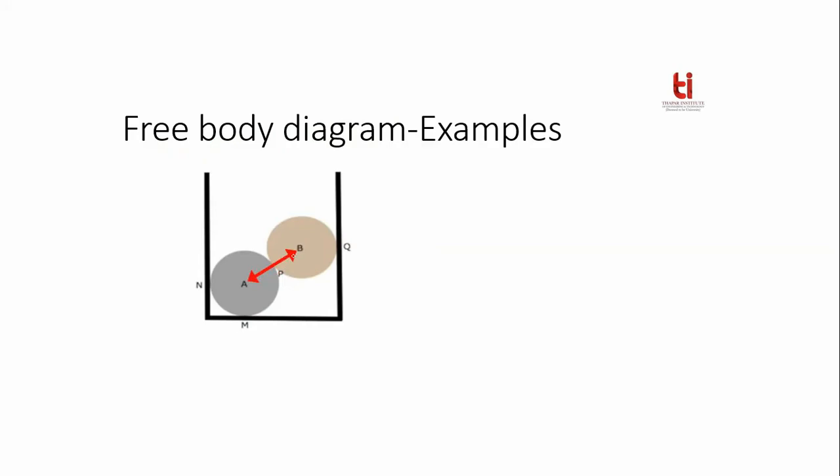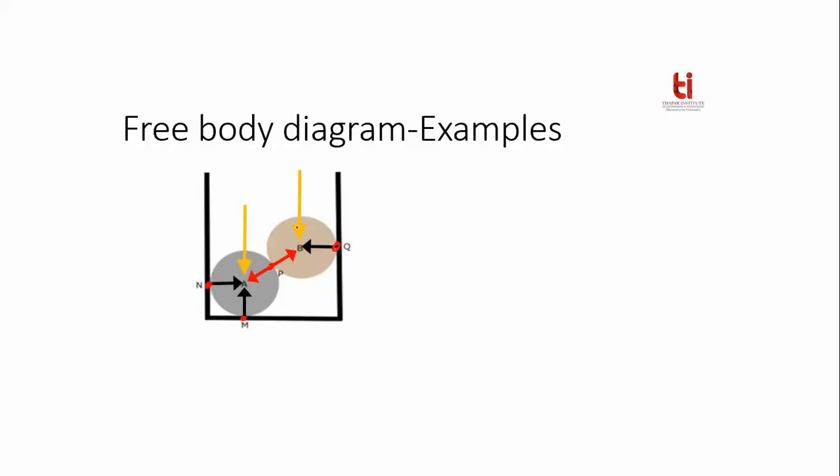Suppose these are the forces acting on each ball at this interfacing point. Next, you can apply the external force due to gravity. So this is the force due to gravity at point P. And at this end point, you will get a normal reaction. So this is the normal reaction. At this end point, again, you will get a normal reaction. And at this point, you will get a normal reaction.